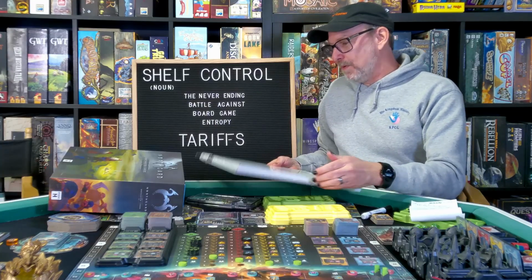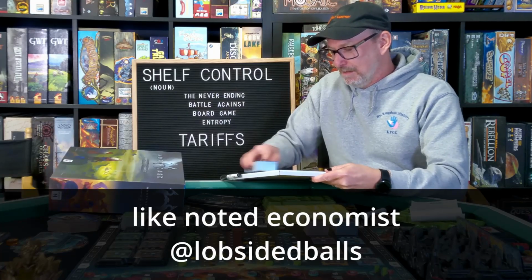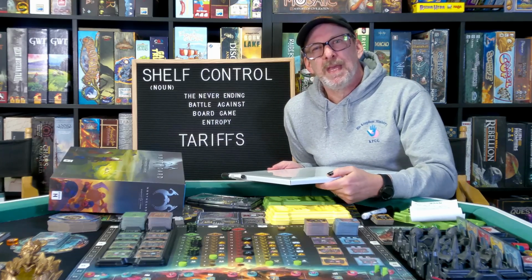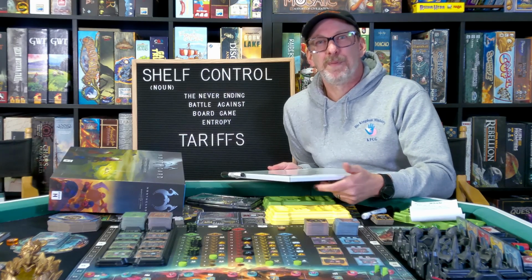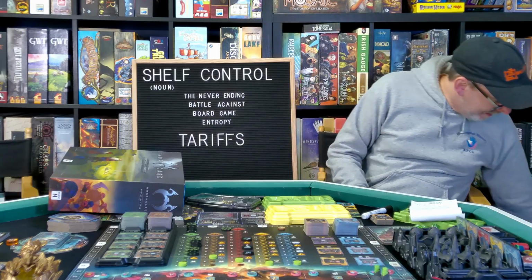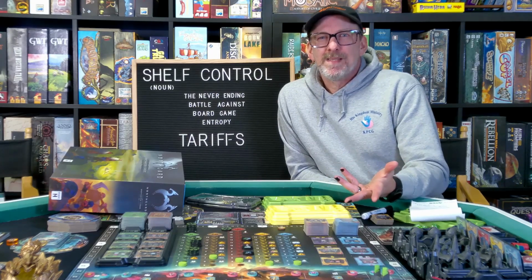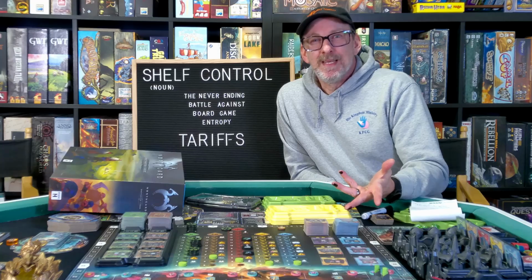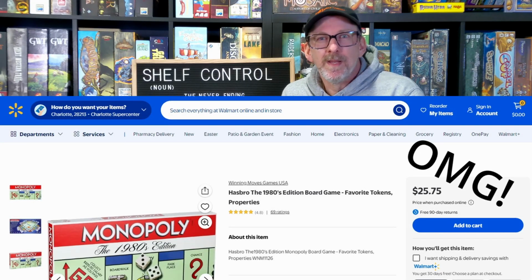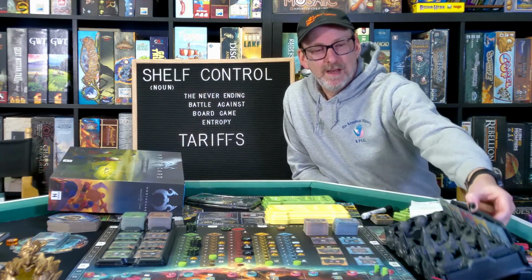The people who talk about tariffs being great for our country, I mean, that'd be one thing if we made board games here, but we don't. We make Monopoly here. I think there's a factory that makes Monopoly, but is Monopoly the quality of game, and what does Monopoly sell for, $15? I don't know, but is that company going to be putting out the quality of stuff